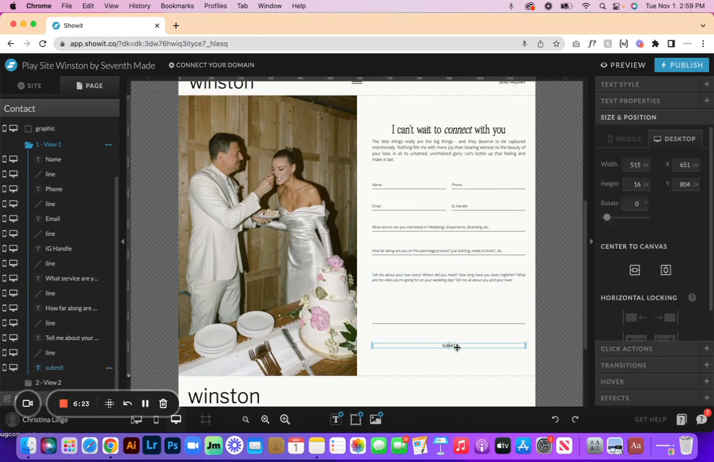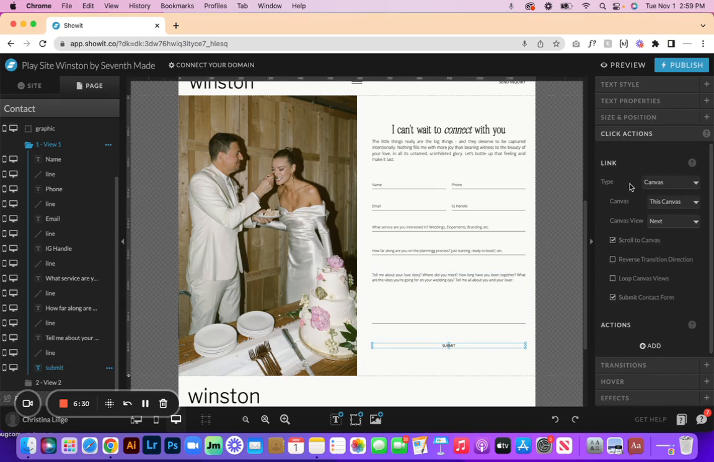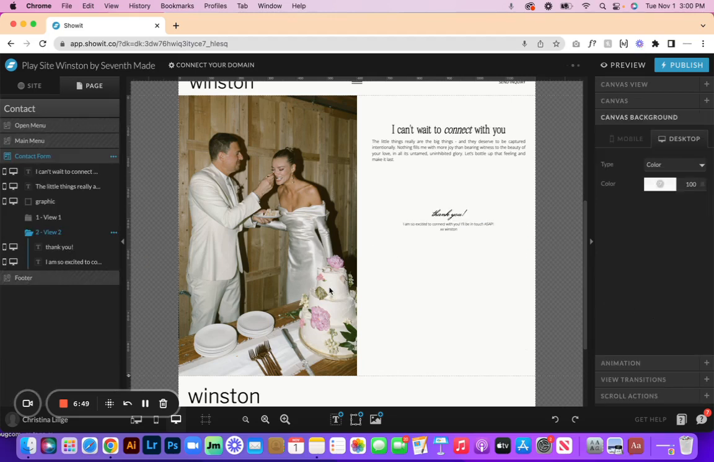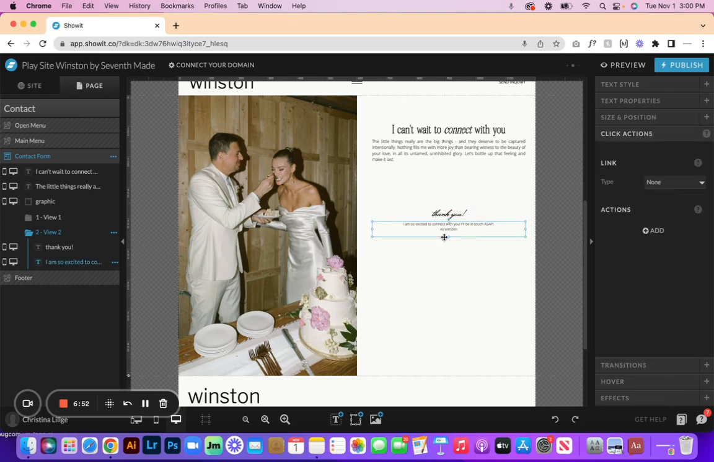So next, when somebody goes to submit, this is also done through click actions. So we're going to go to click actions. The type is a canvas, specifically this canvas. We're going to the next canvas view, and we want to submit the contact form. So that's all. We don't need the scroll on, but just submit contact form. Then when they click submit, they're going to see view 2. So when you come in here, you'll want to update the text here and here as well, to say whatever